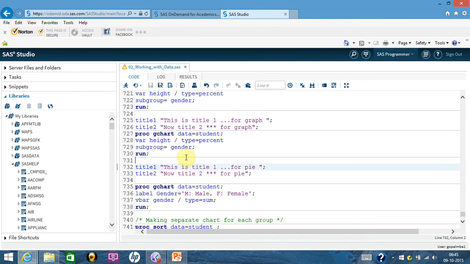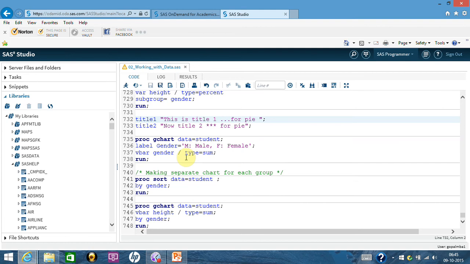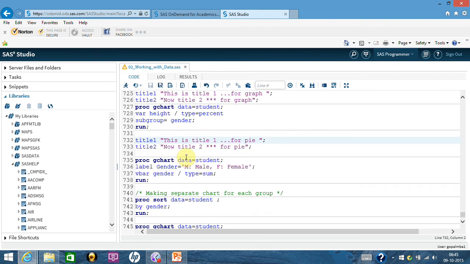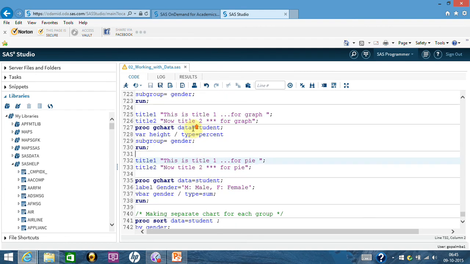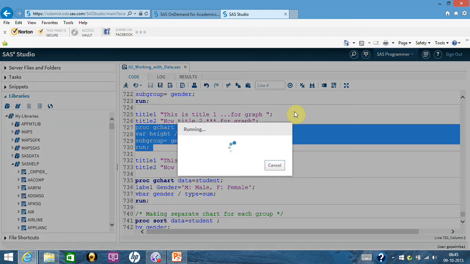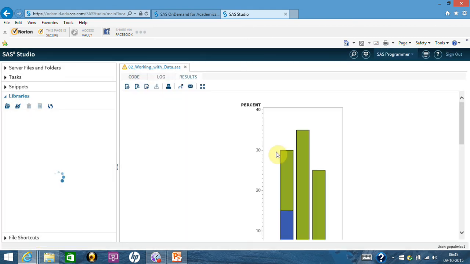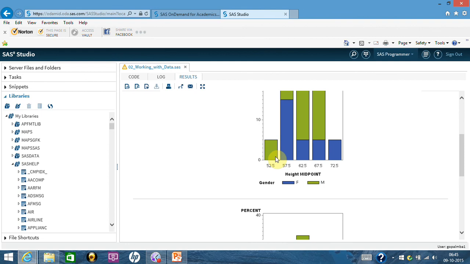One more thing you need to understand: in this particular environment, the title vanishes the moment you do not select the title this time. So essentially if I'm selecting this time without the title statement, the title will not come on the top, right? It has just come like that.